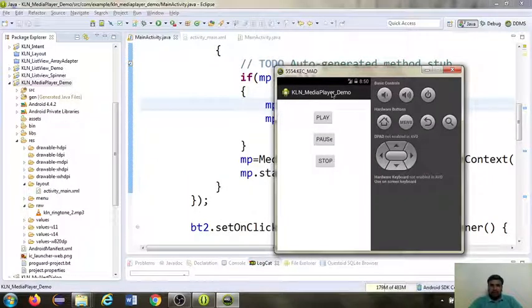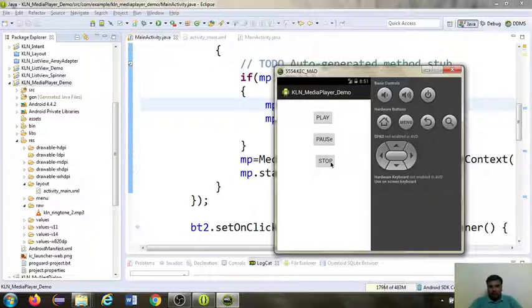So first of all, let me show you the output. Then I will explain what correction I made in my coding. Now I am going to click the play button. Now I am going to click the pause button. The functionality has been paused. Now I click the pause button again. So the pause button is working fine.